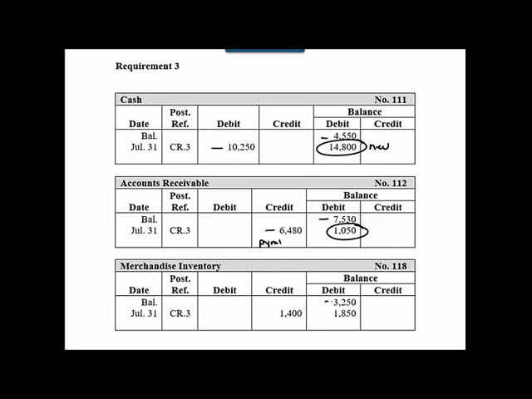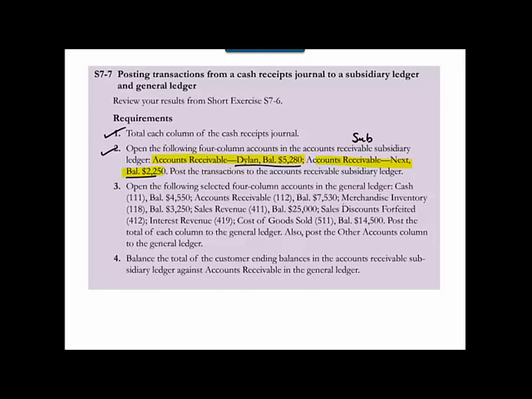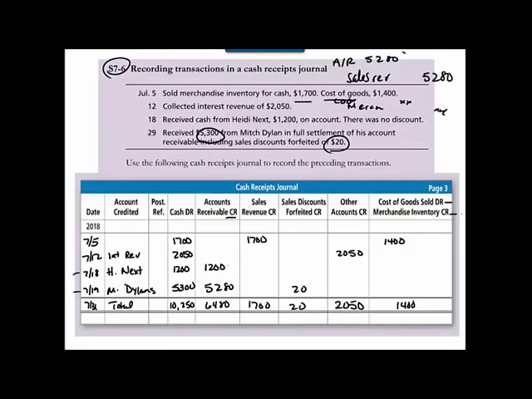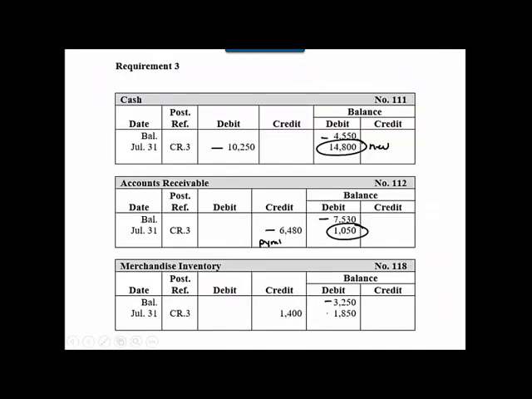Merchandise inventory, I started with 32.5. That's what they told me right here, right? Merchandise inventory, 32.5. And then if I go back to my account, I can see that I credited merchandise inventory for a total of 1,400. So credit 1,400, my new balance is 1,850. And so all of these things are just coming off of the total column from my cash receipts